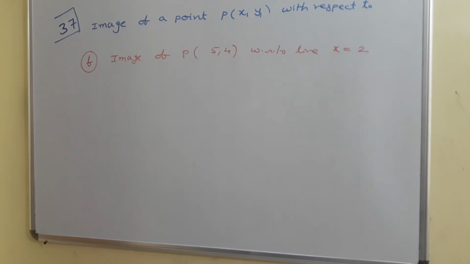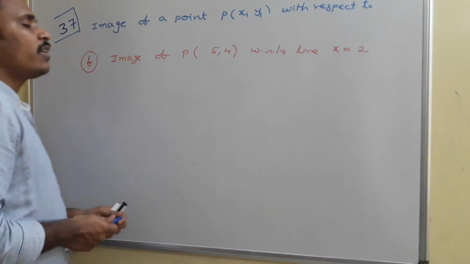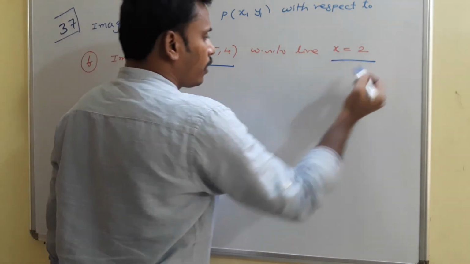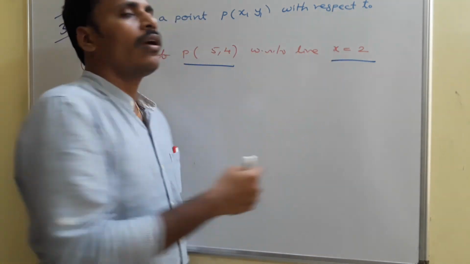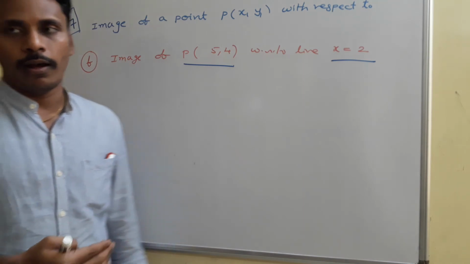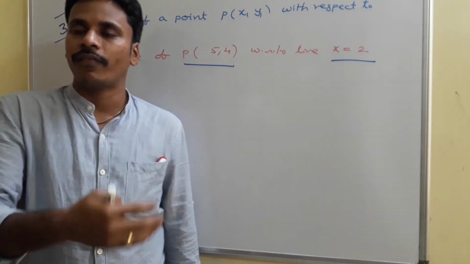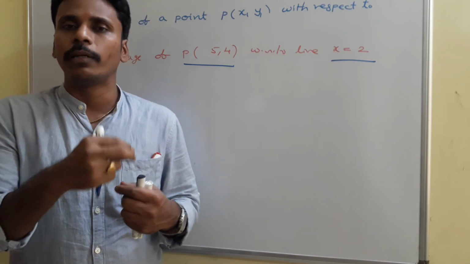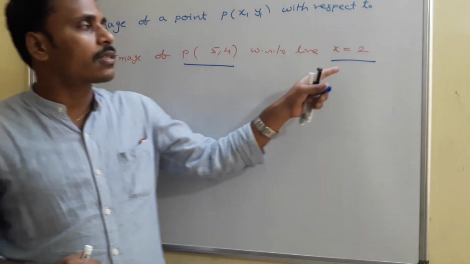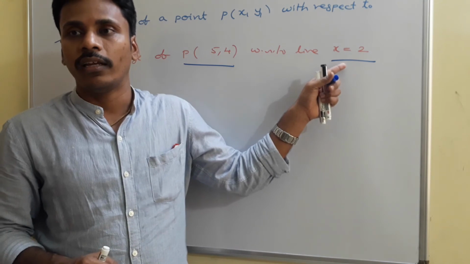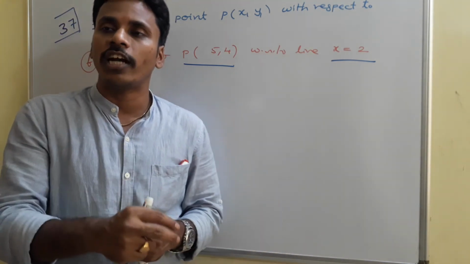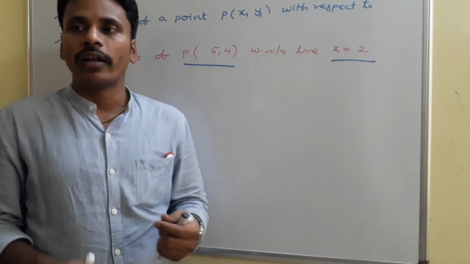See, the image of the point (5, 4) with respect to the line x = 2. Again I have a point like (x1, y1) and a line. If I have a point and a line, there is a chance to use the formula (h − x1)/a = (k − y1)/b = something. But it takes a little bit more time. Since the line is somewhat simple here, just a vertical line, without using that formula we need to think whether there is any chance to identify the image from the coordinate system.